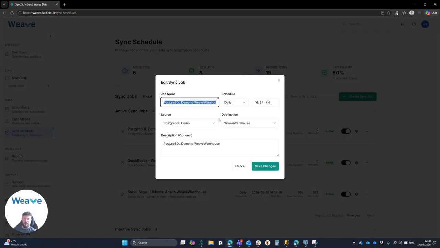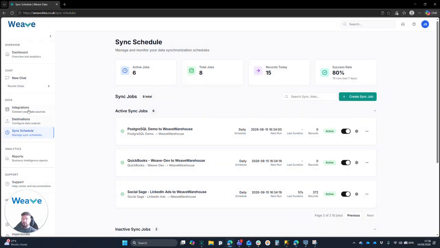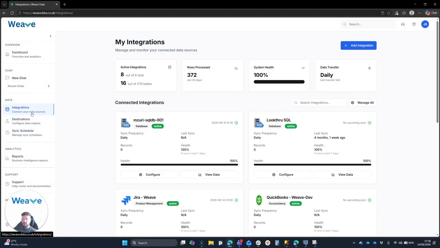You can configure the sync here, rename it if needed, set it up to run every hour to weekly, and a specified start time. The source is the friendly name that you've named it, and then the destination where you want to land it, and then an optional description if needed. If we come back,